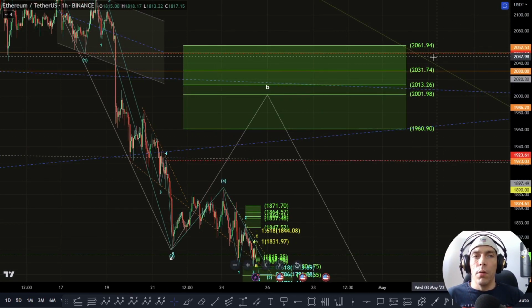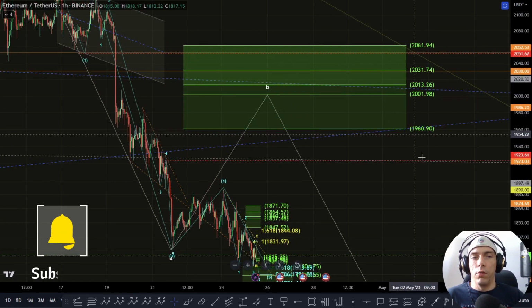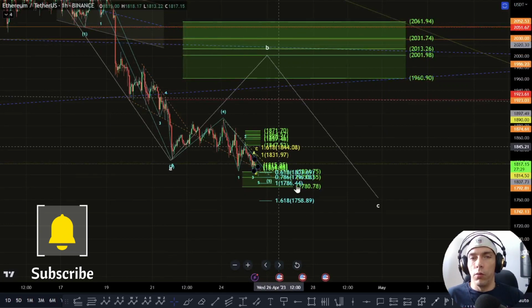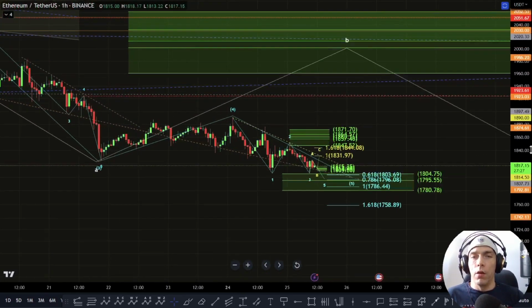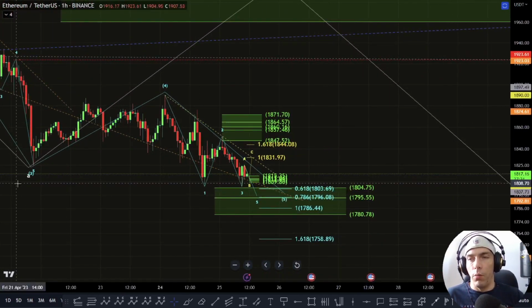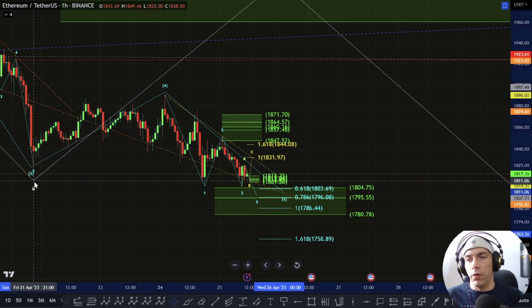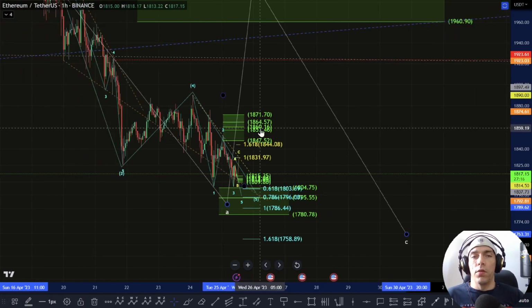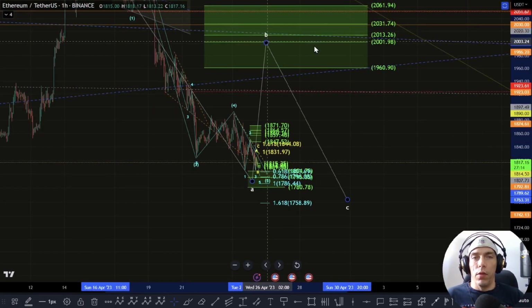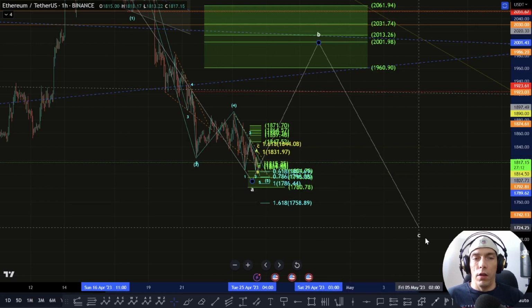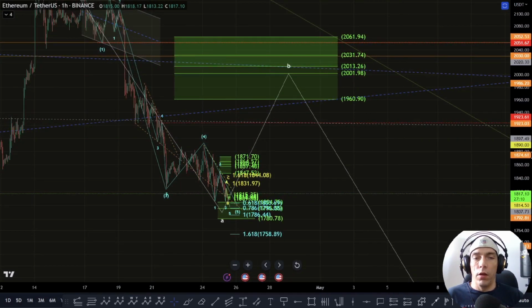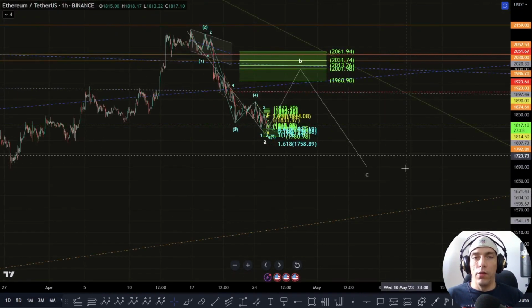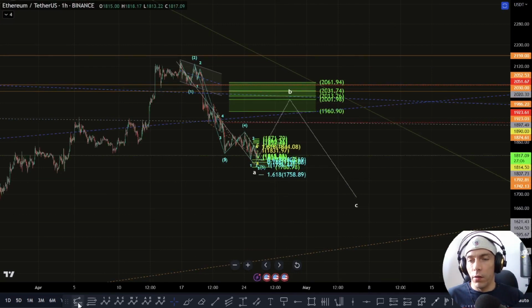But I'd still be cautious between this zone of this 2061 to this 1960 if we do get a move to the upside here, because that could just end up being a B wave where instead of looking at this in this position, we would basically just move our A wave down slightly, and this would then be an A. We'd possibly be looking for this as a B wave to the upside, and then continuation in an additional C wave to the downside,